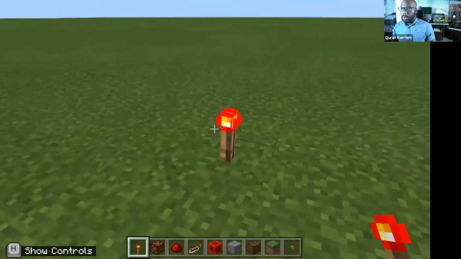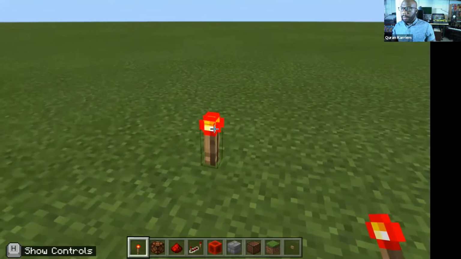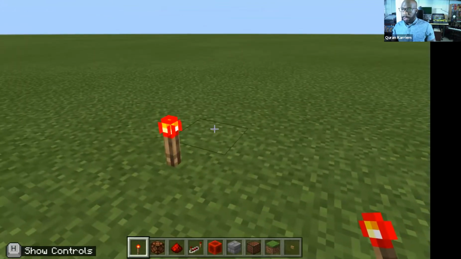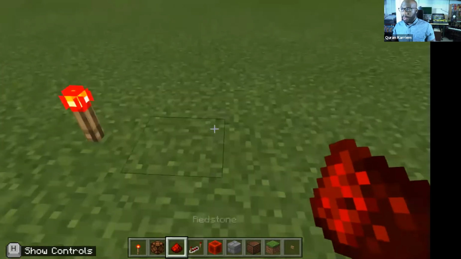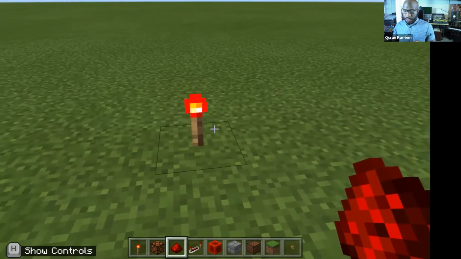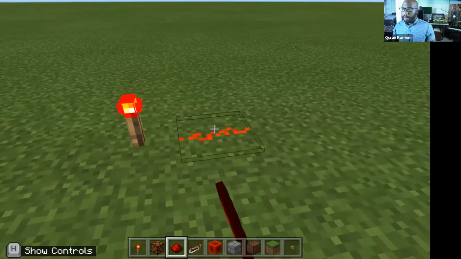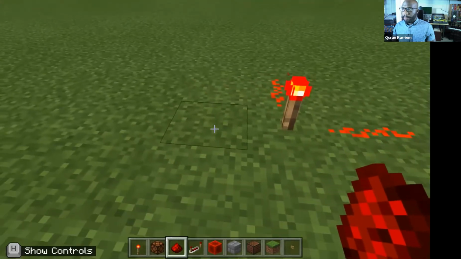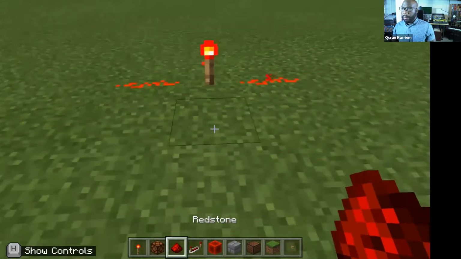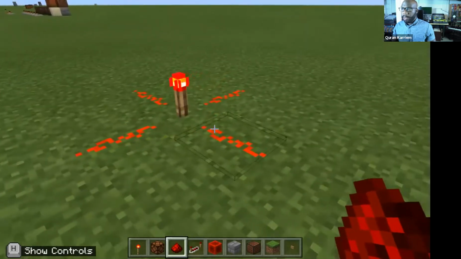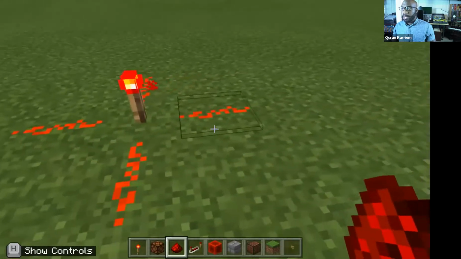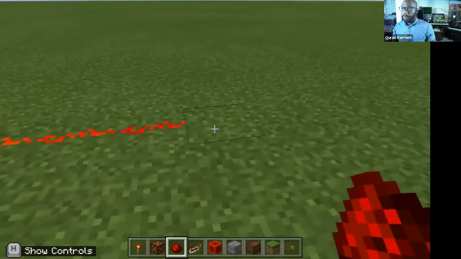So a torch is a redstone energy source, and when you make a path with redstone, this kind of dust or powder that's just called redstone in your inventory, whichever way you make a path, the energy flows that way. So you can pick one of 4 directions or all 4 directions, and the energy will travel